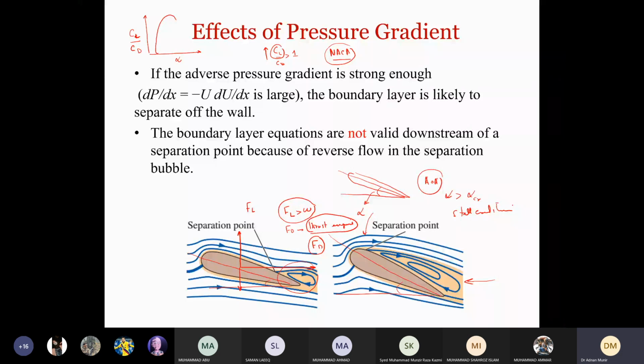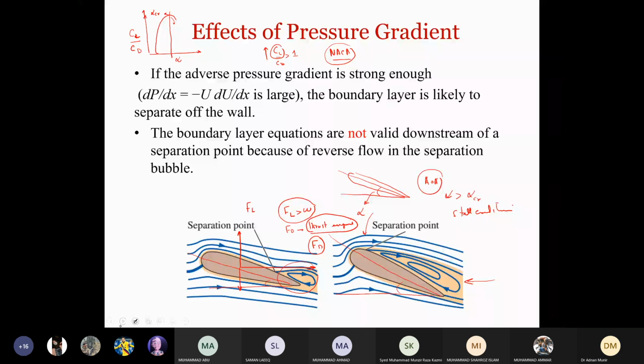Now in this graph, you can see that when we increase the angle of attack, this is the critical angle of attack, alpha critical. If we increase the angle of attack beyond this point, you can see what happens. The lift force, CL by CD, is decreasing, going down. This is called the stall point. When we have stall condition because of flow separation, if we increase the angle of attack beyond a critical point, it results in a decrease in the lift force. This is one of the things that we need to ensure when we are designing aircraft, to avoid such stall conditions.